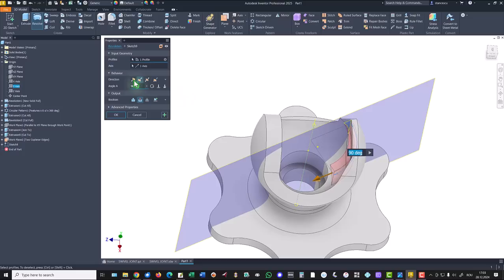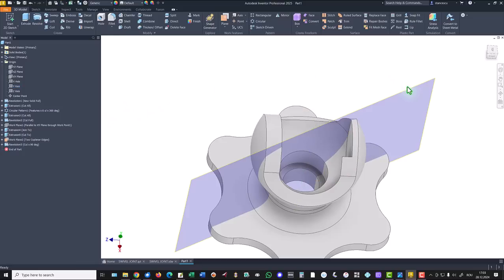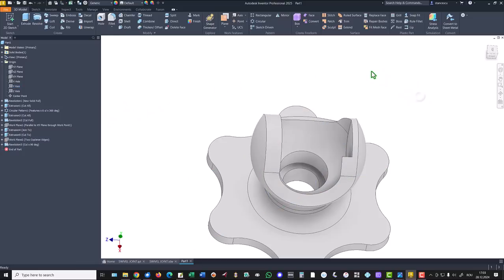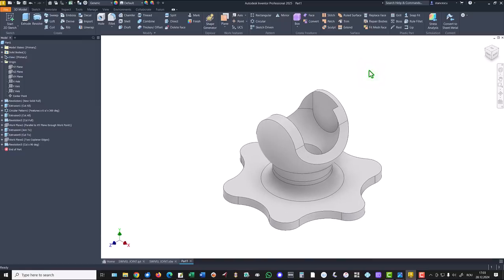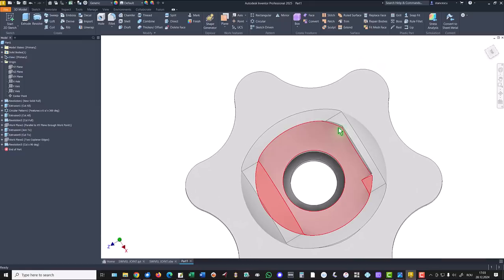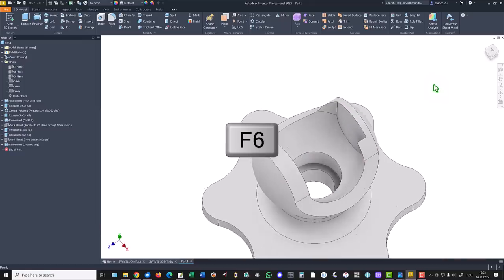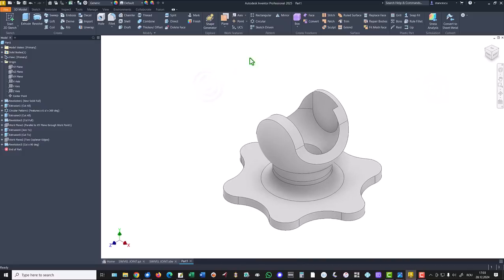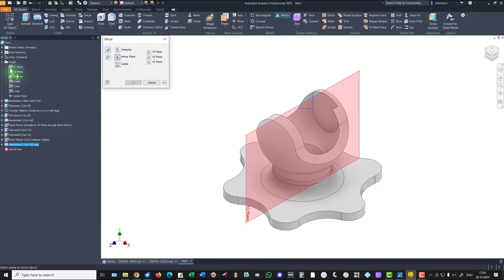The other direction. Okay, visibility, and we have that cylindrical face here. We apply mirror of the last feature about this plane. Okay,